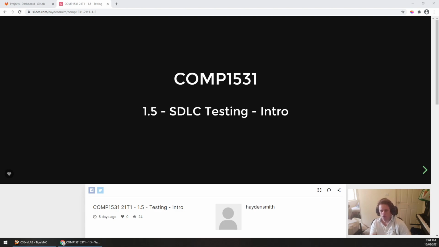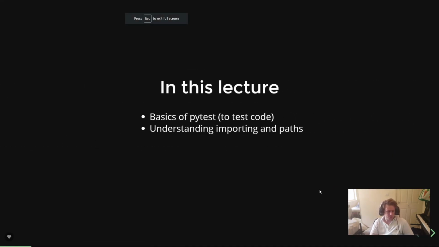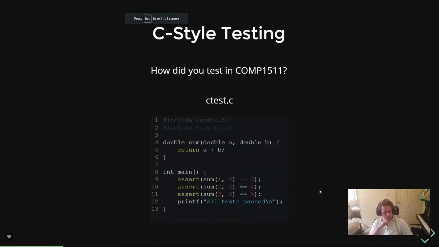Because of that, we are just today going to be focused on how do you write some Python code and how do you write some tests to make sure that that Python code works. So a little bit of an introduction with testing first. I think a bunch of students have told me that they no longer teach asserts in 1511, so this code could be slightly confusing, but